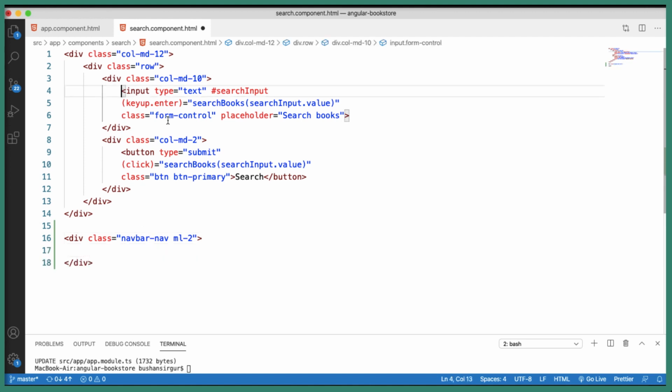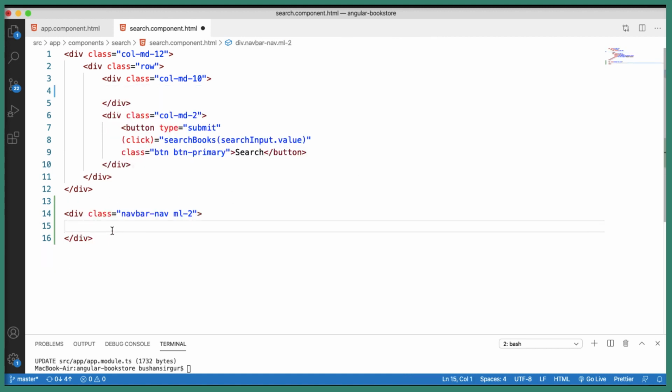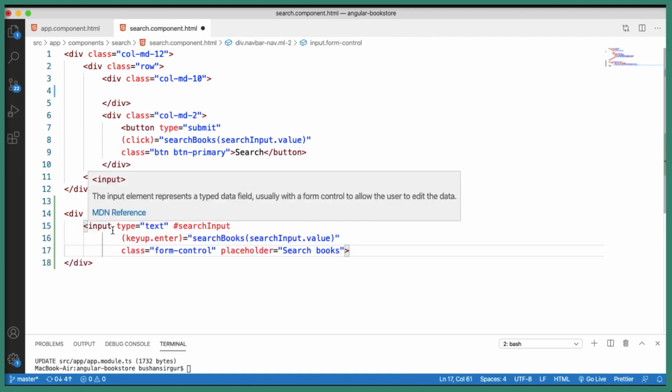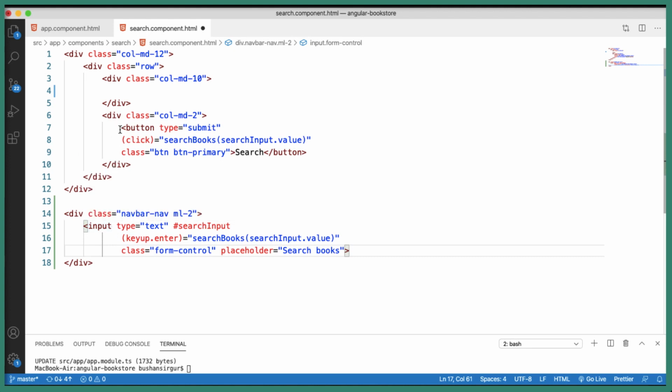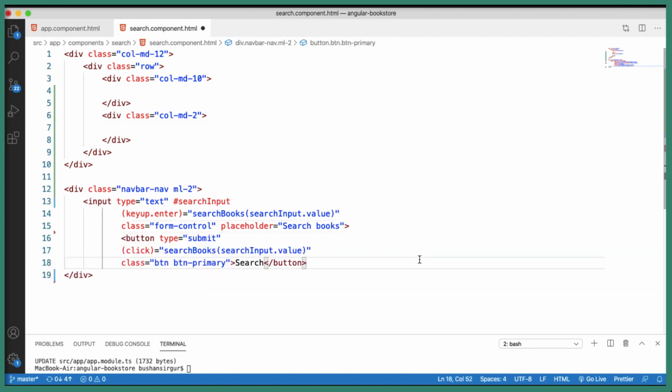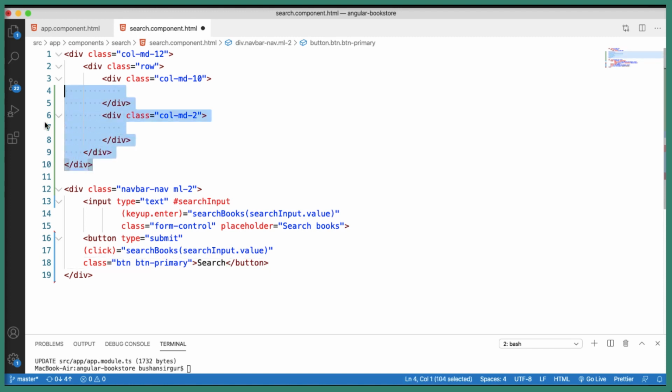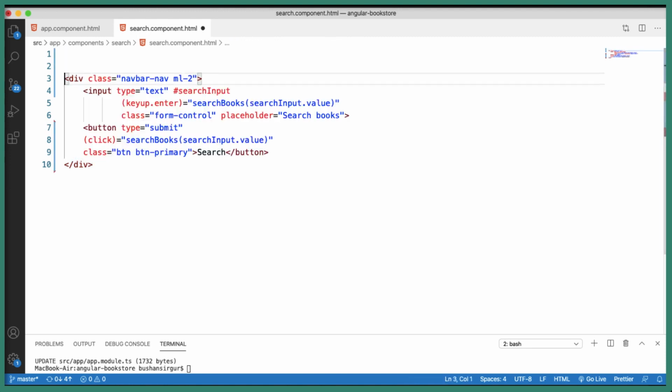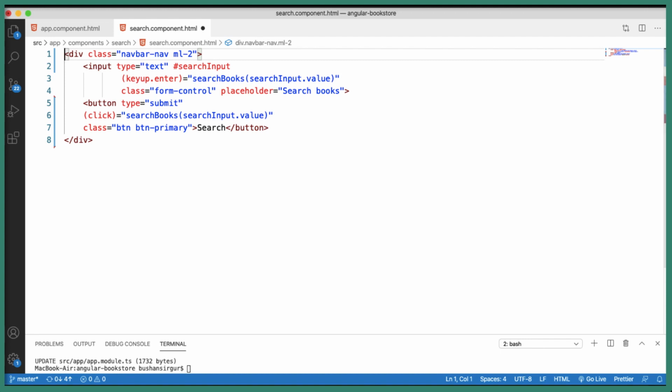Let's cut this part and paste it down, and also we're going to cut the button and paste it within the div element. Give me a second, let me format this HTML. Let me remove this part. Alright, let's save this.